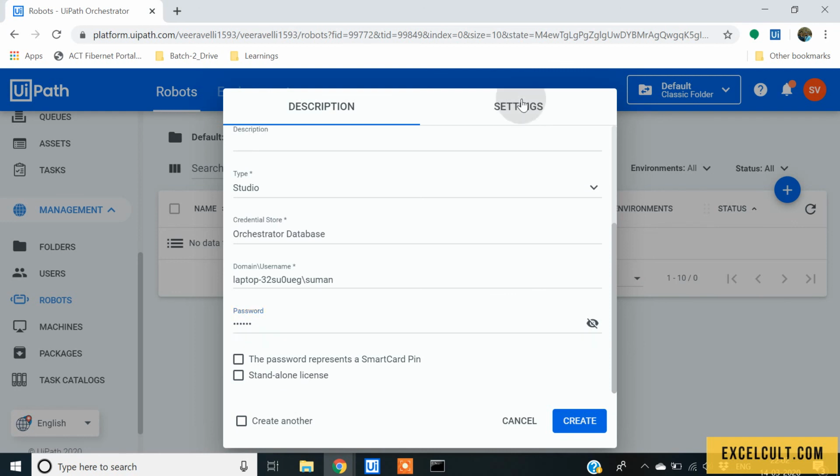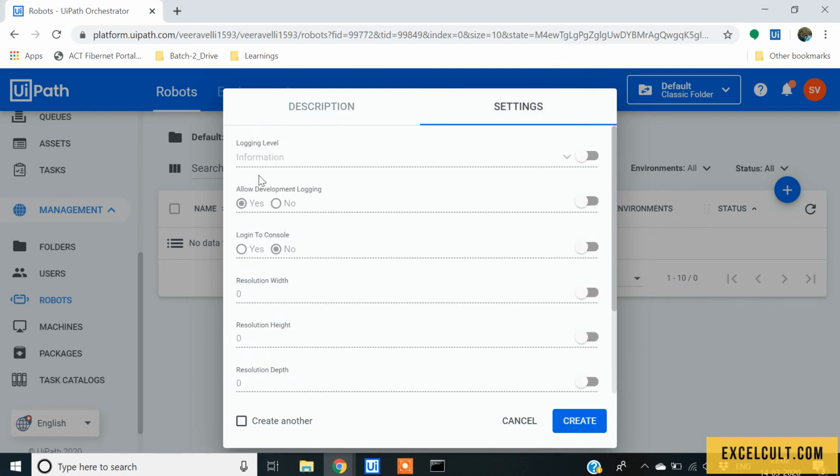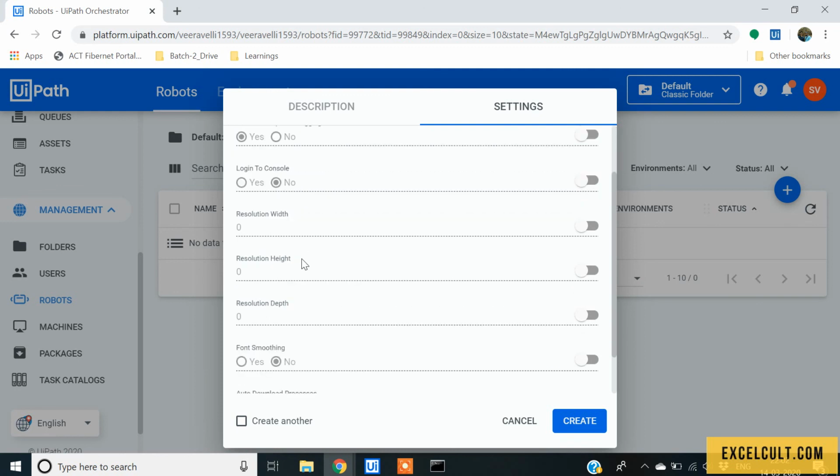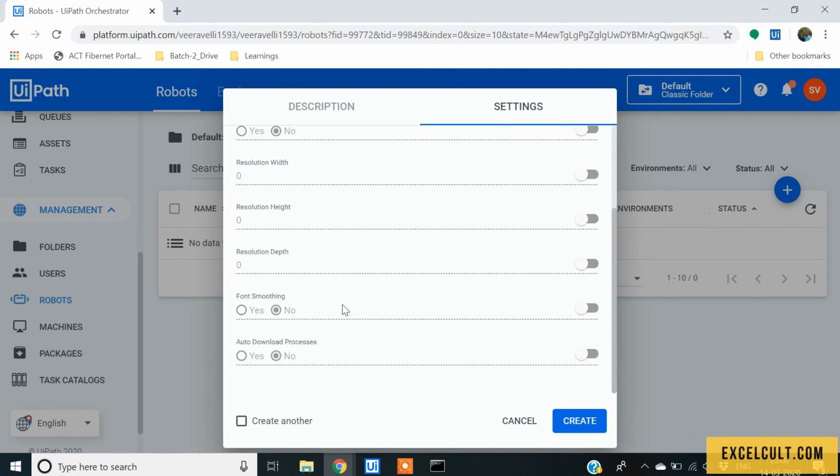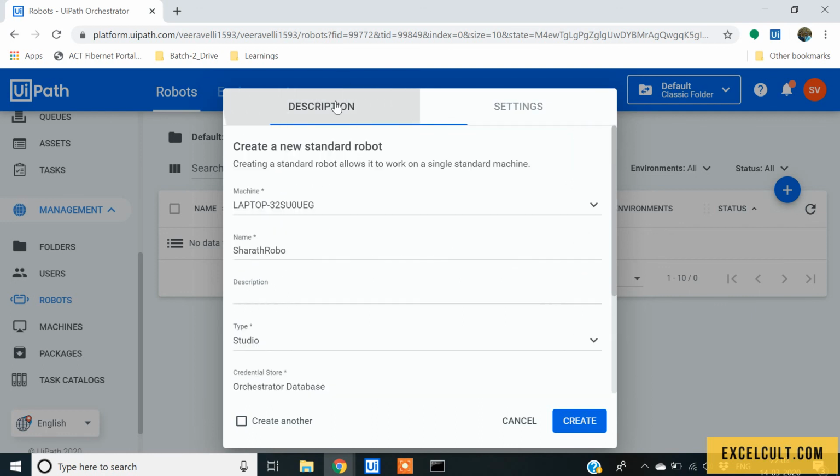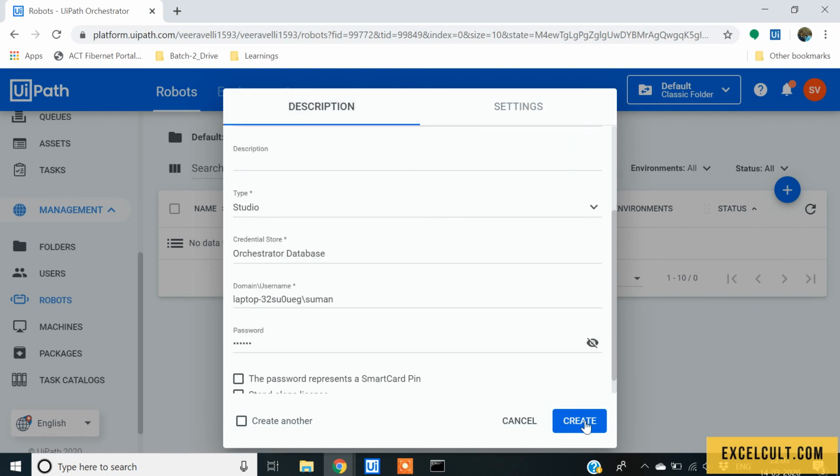And then if you need to do any settings, like what type of logging level you want, it's information right now. Allow development logging, log into console. If you want to set the resolution when the bot triggers, everything you can do over here. Go back to the description and just click on create,